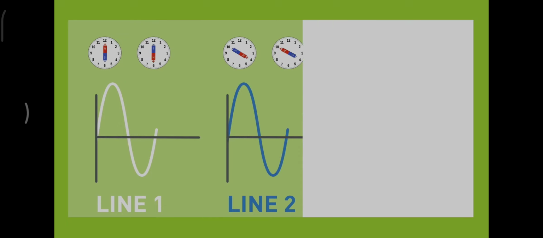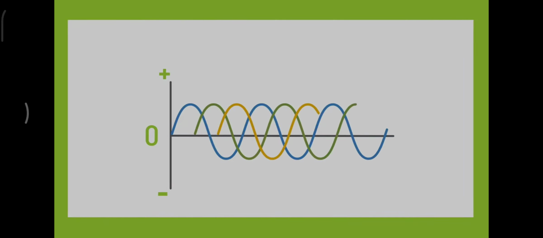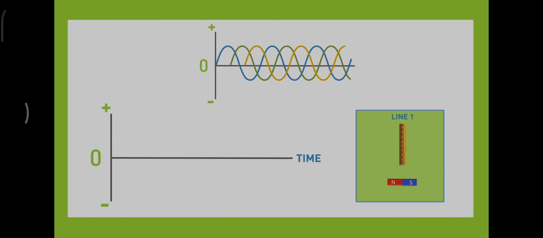Now let's explain those confusing waveforms that are frequently used to depict three-phase. If you look at the waveform example, you can see the first line in blue and it starts at 0, which means the magnet is perpendicular to that line. As the magnet moves, you can see the current go to its peak. Then as the positive pole spins past that wire, the current starts to weaken until the magnet is perpendicular again,